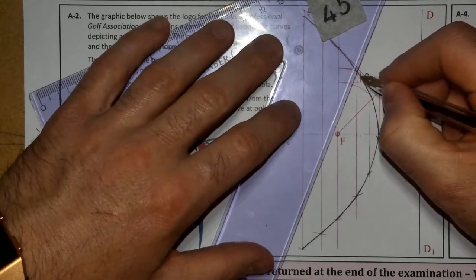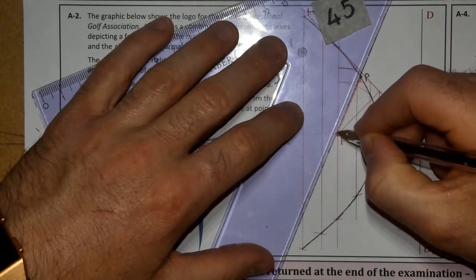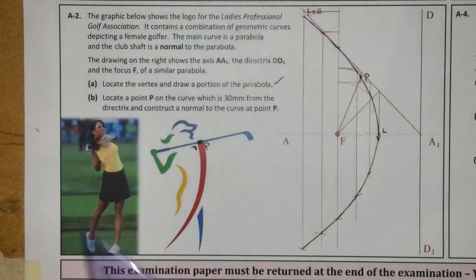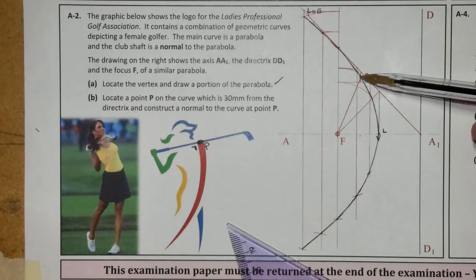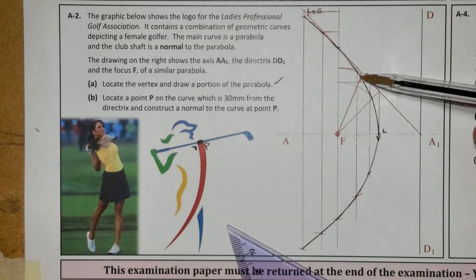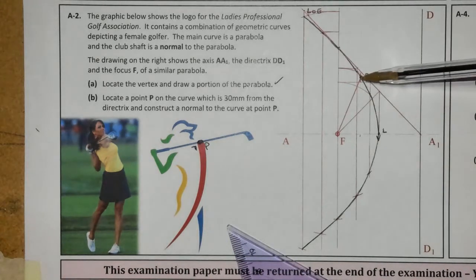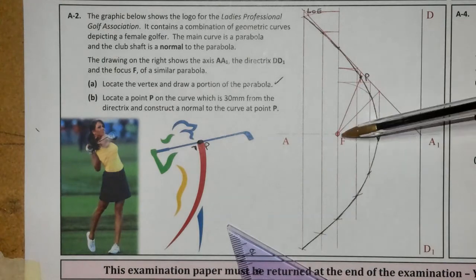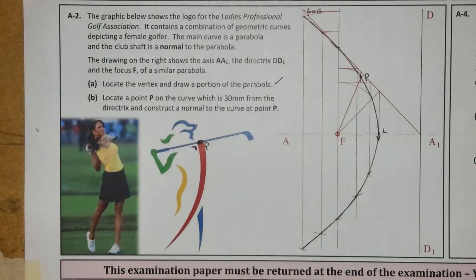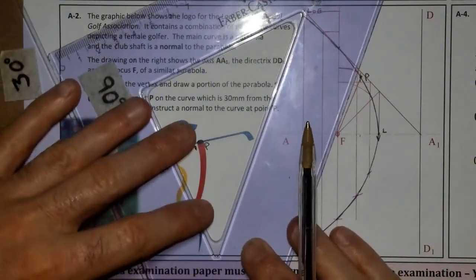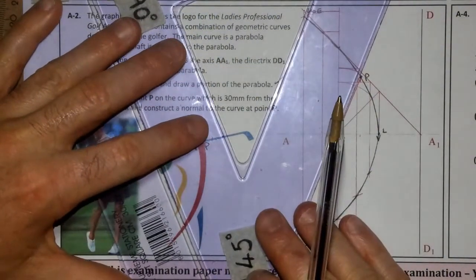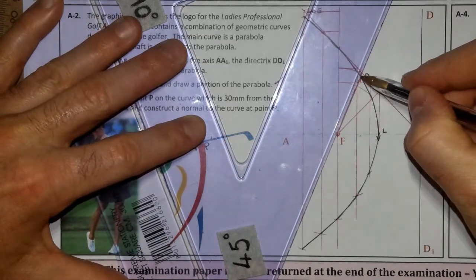So I could connect point P, and this is some common terminology and some common methods to actually find a tangent, be it a parabola, a hyperbola, or an ellipse. So where the tangent, or in this case the normal, is going to be on the parabolic curve, if I connect that to my focus, perpendicular to that line, what I usually do is I put the long edge of the 45-degree set square on the line, so I'm going to put that perpendicular to that line,